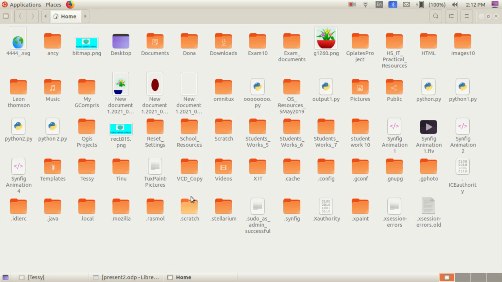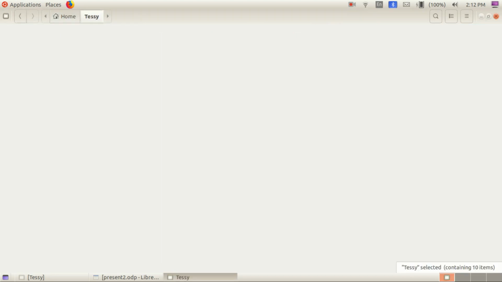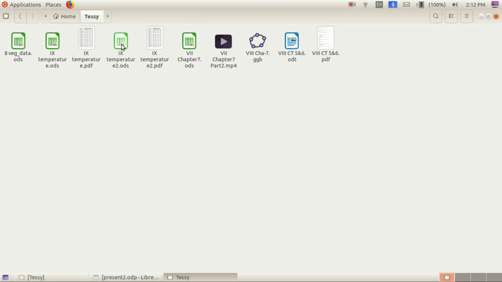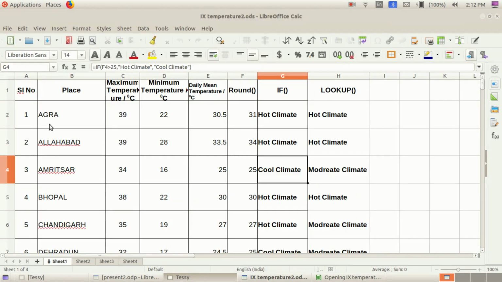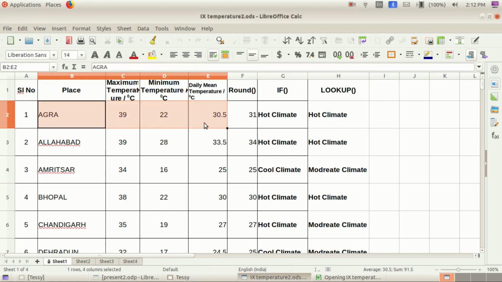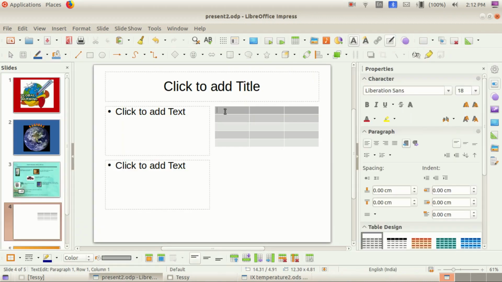Look here, in my folder I saved that temperature .ods. Look here, I am simply copying this data, the minimum, maximum, and then okay, that comes in the same cell itself.